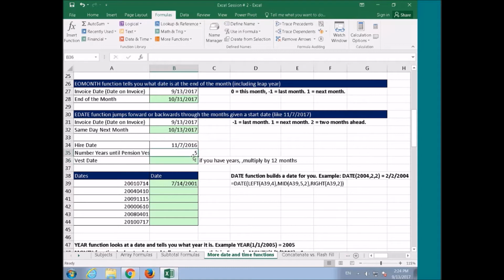you have a year here, and you need to add 5 years to this date, then of course if I go equals this date, and then I go plus, I'm just adding 5, right? So what I want to do is multiply this by the 12 months that I'm going to use,